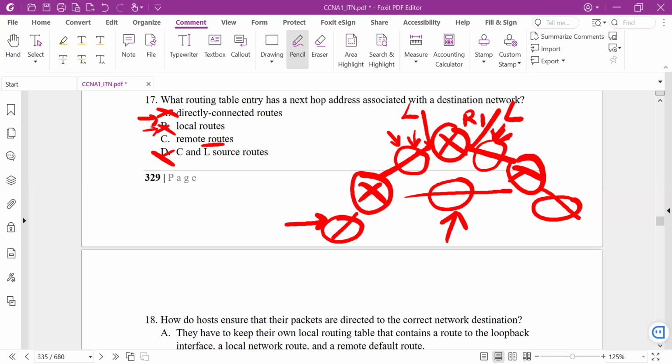When I am on the router, where do I send some packets? I send some packets to another remote network. A router doesn't consider local networks. A switch considers local networks. A router considers remote networks. Right. Let's move to